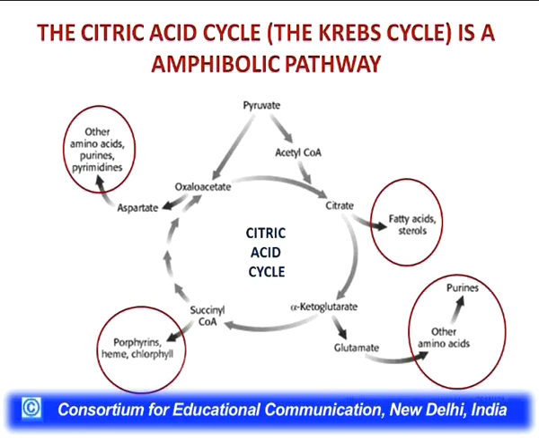So what is happening, the pyruvate is getting degraded into acetyl-CoA, and acetyl-CoA is further degraded with the release of carbon dioxide. So the oxidation is taking place, so that's why we call it a catabolic pathway. But what we see in this diagram is this citric acid cycle is also synthesizing many biomolecules, like fatty acids and steroids. From the alpha-ketoglutarate, the amino acid glutamate is being formed, while the other amino acids are also formed apart from the purines. The succinyl-CoA is helping in the synthesis of the heme, which is an essential part of